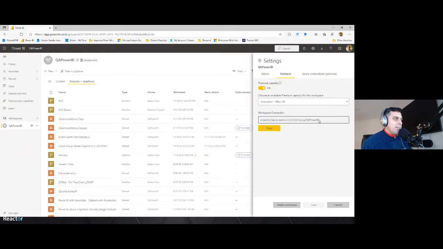So this is the XML endpoint connection, and I can use this connection to connect to any of the datasets that live in my Power BI service. If I want to reach AdventureWorks data or this life expectancy dataset or any dataset I have here, I can connect to this XML endpoint. So if I copy this URL that I'm showing here,